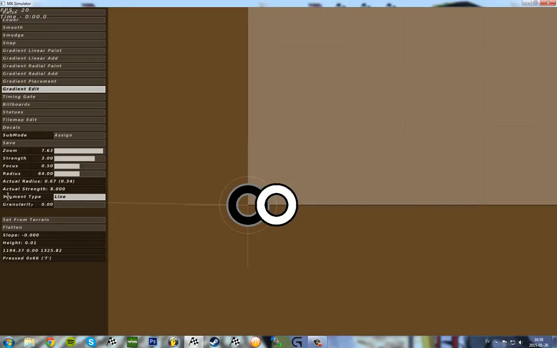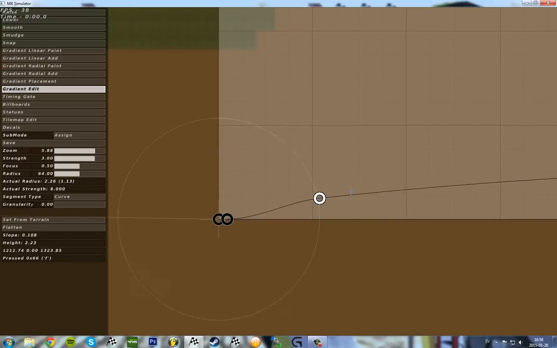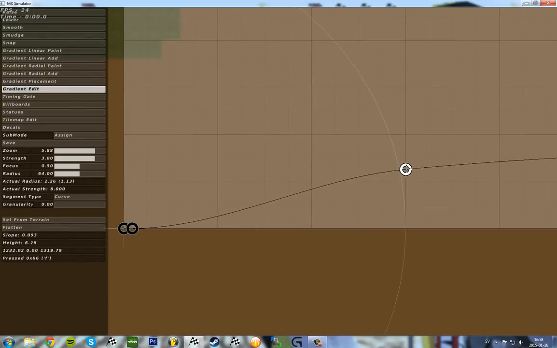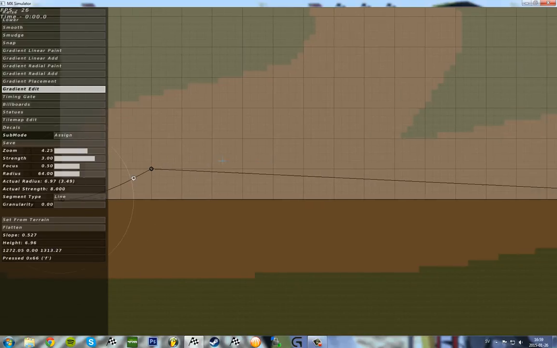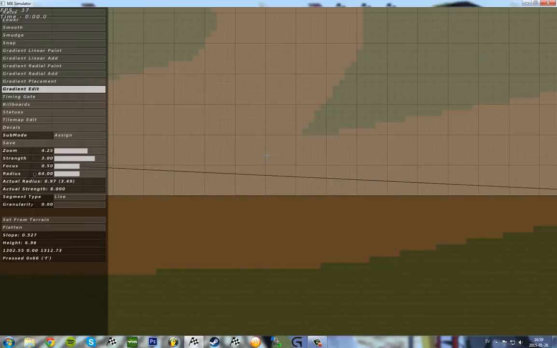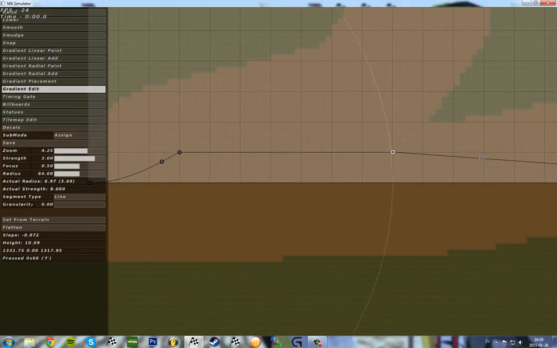We want to create a smooth jump, so we want to have this segment type to smooth or curve. So let's see here, face of the jump, it could be about 30 feet, that's not too unrealistic, and about 10 feet tall. It's a pretty high jump, but you get the idea. So here we have a nice smooth curve. And how long should it be? 10, 20, 30, 40, 50, 60, 70 foot perhaps. It's a pretty long jump, at least in real life, but